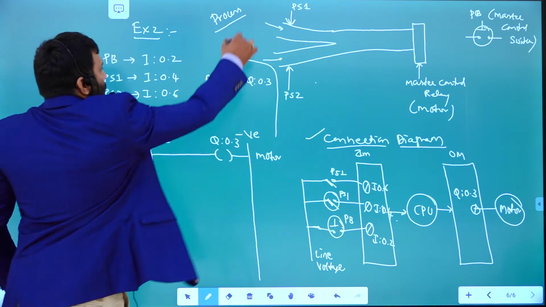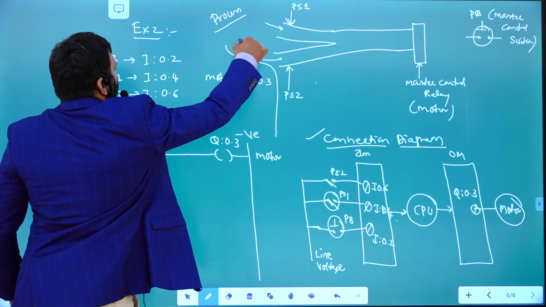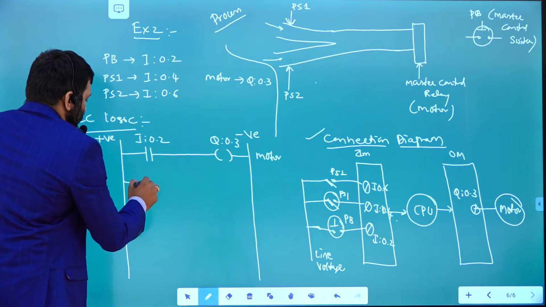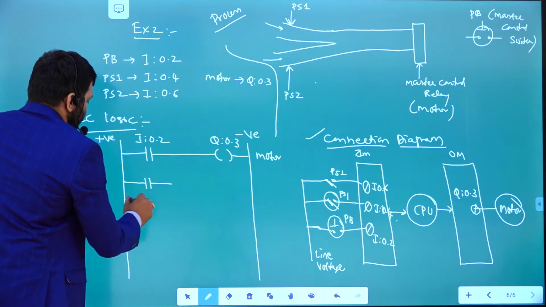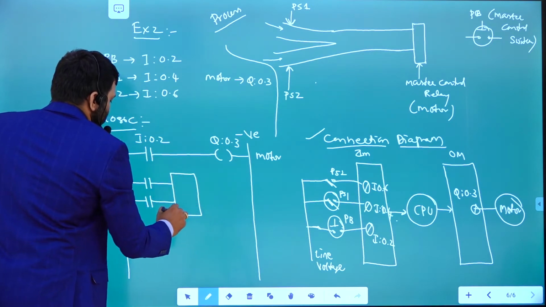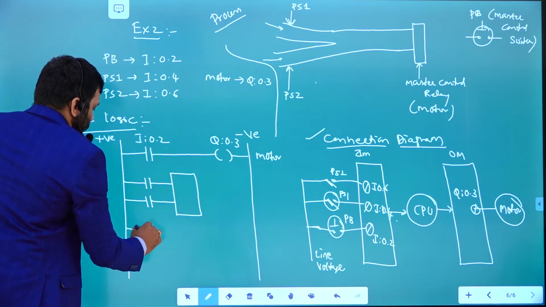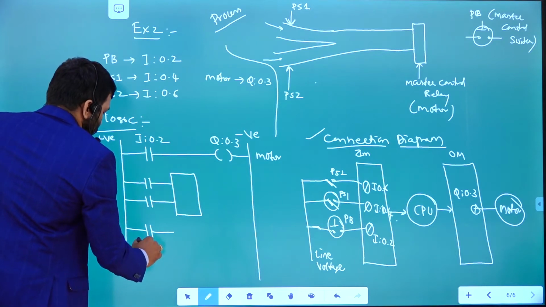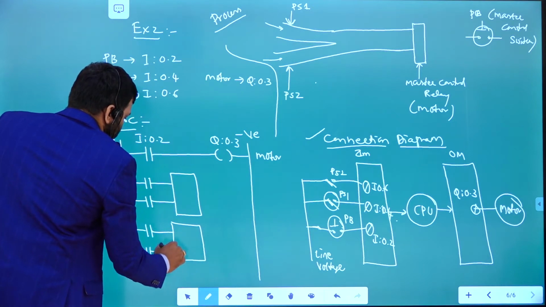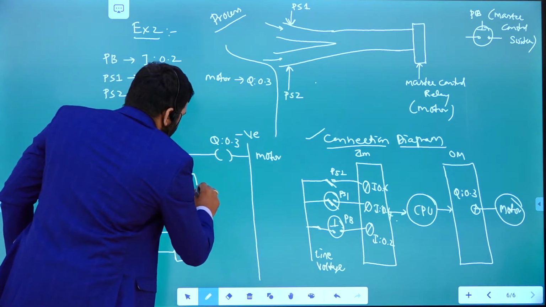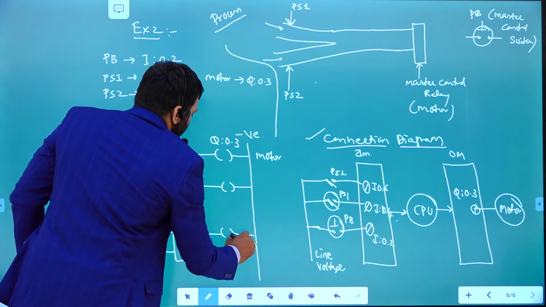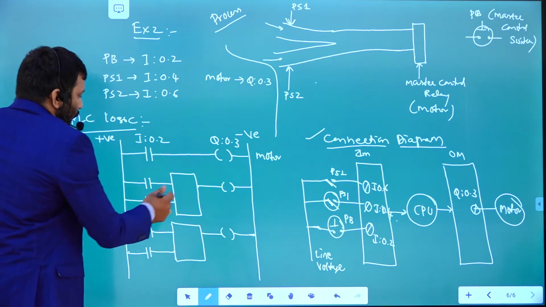Now check whether 6 are coming this way or 8 are coming this way. So we need 2 counters here. This is counter number 1, and we need another counter here. So from this we get one output and from that we get another output.